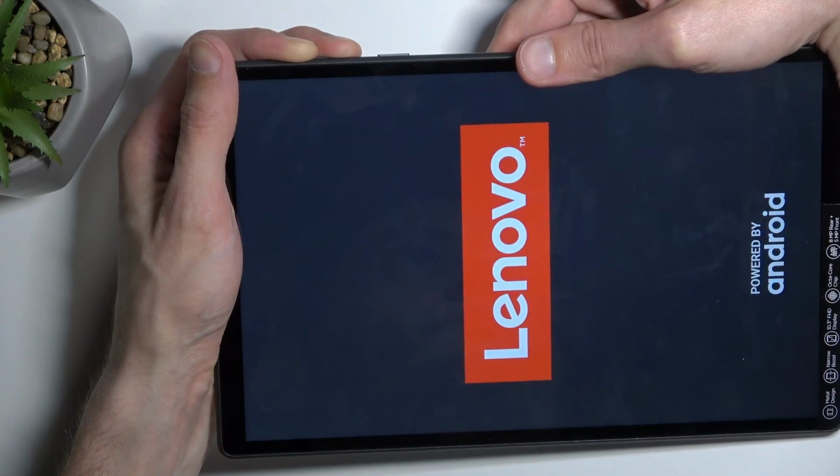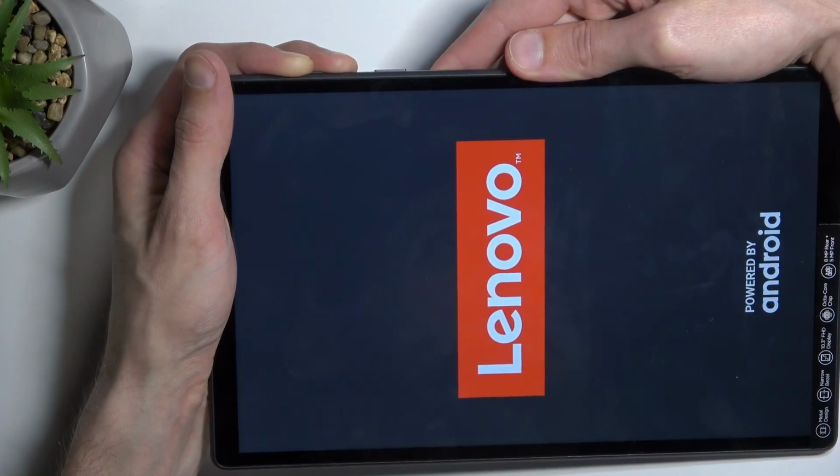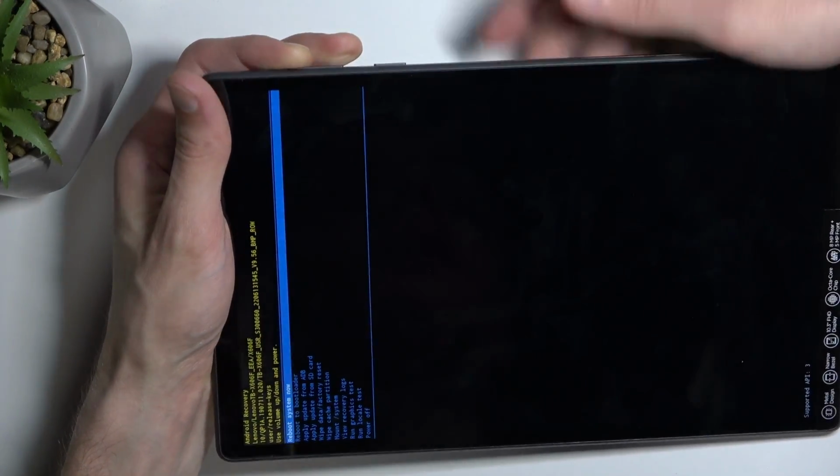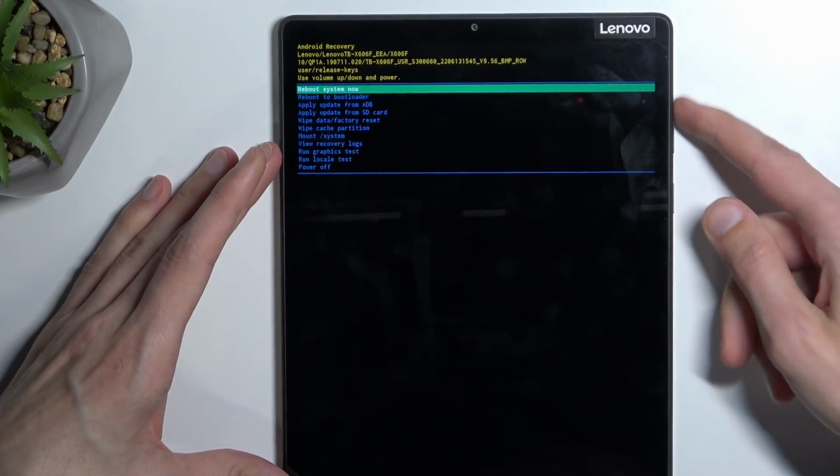So I'm holding both volume keys and now power. Vibration, Lenovo logo. As you can see, I let go of the power key. And there we go. So we are now in the recovery mode, and in here you'll need to use volume